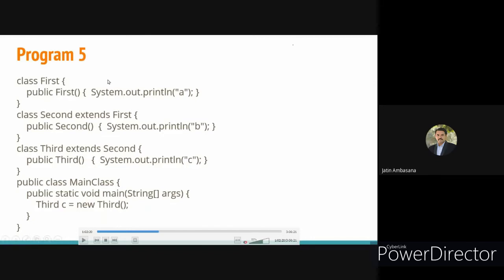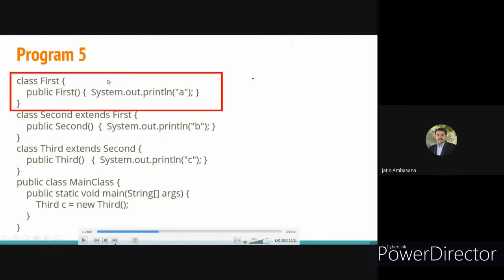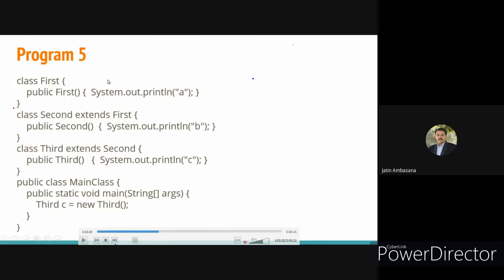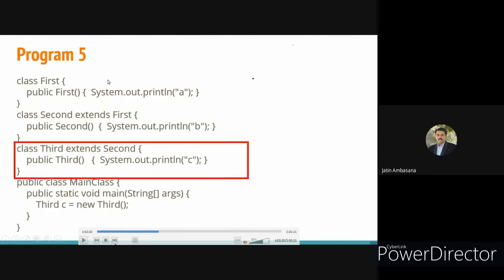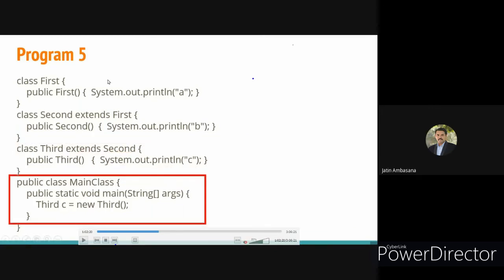Here we are creating a class called first, which has a constructor which prints A. Then we have a class called second, which extends first and has a constructor which prints B. And then we have a class called third, which extends second and its constructor prints C. And then in the main class, we create the object of this third class.